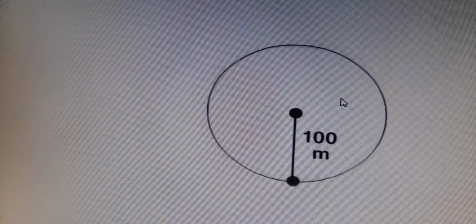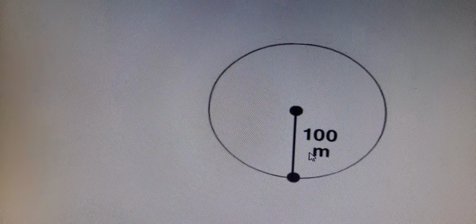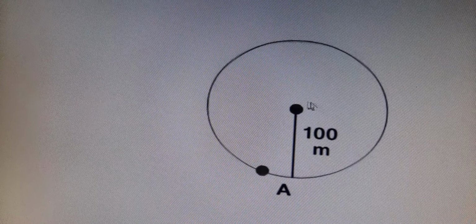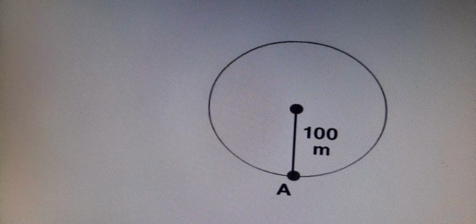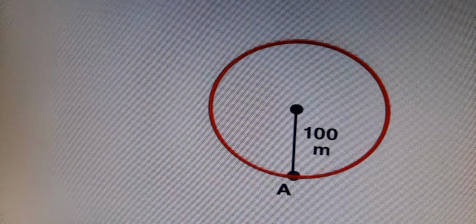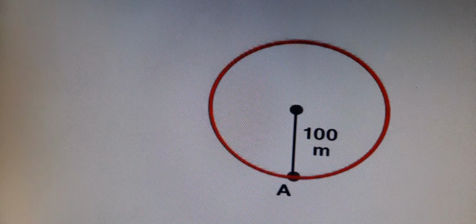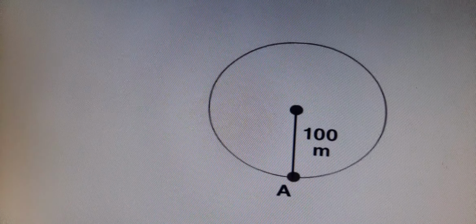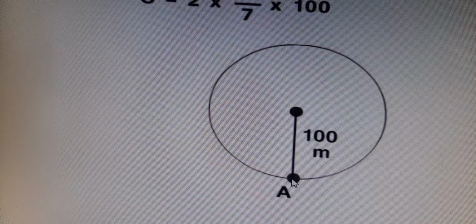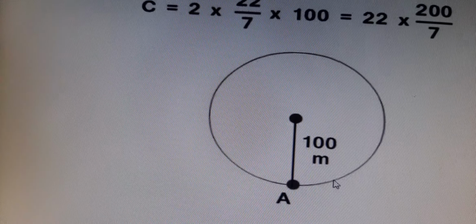is called displacement. Now see, Swarali goes for a walk every day along the round edge of a circular floor which has a radius of 100 meters. Here we see that she always starts from point A and again stops at point A. So she takes a round starting from point A and going via point B, which means her path is a circular path. In a circular path the displacement is 0 because the starting point is A and the ending point is also A. But what is meant by distance?